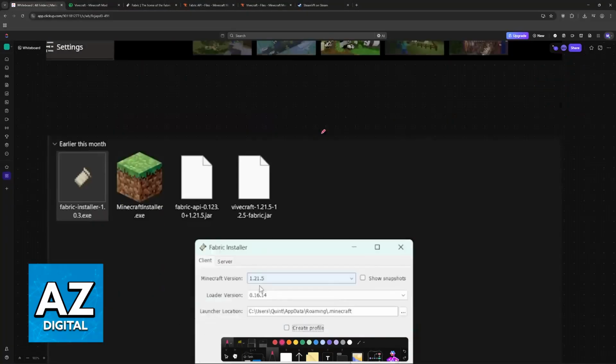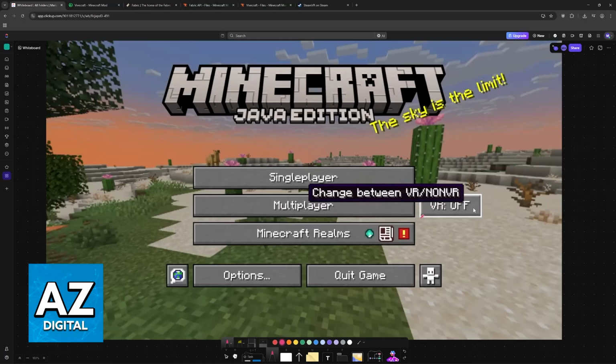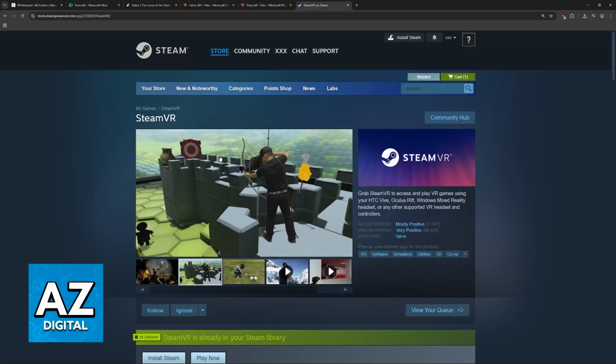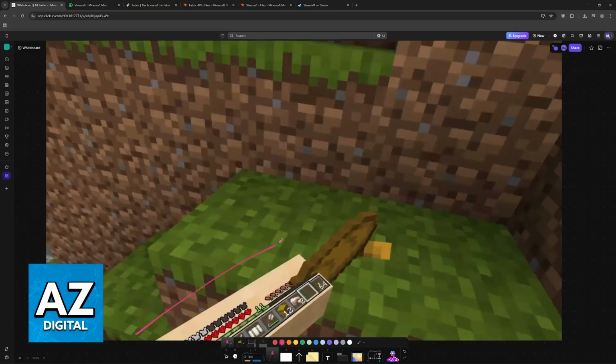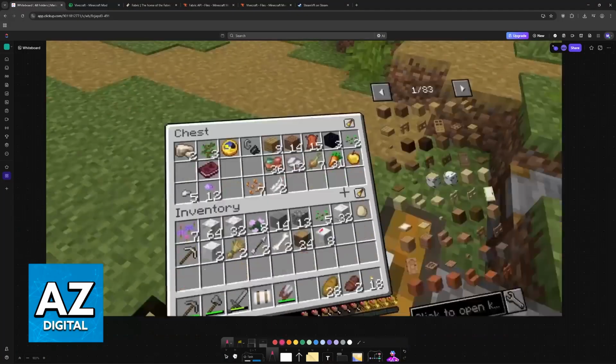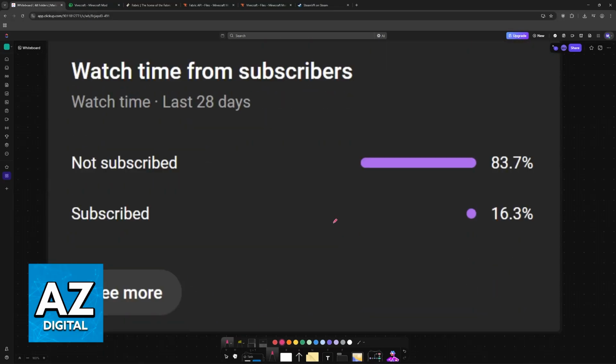Now, make sure that you have your headset connected to your PC, and if your headset is connected and SteamVR is running in the background, you will see this button here on the home screen. So you just click on the option to toggle VR, and now you will be in virtual reality mode inside of your CurseForge installation. It is going to work flawlessly alongside any mods that you have, as long as you have the mod loader, SteamVR, and the headset connected to your PC, usually done with a cable.